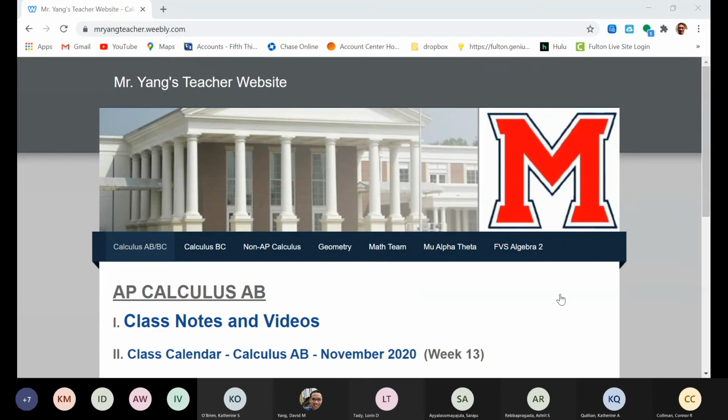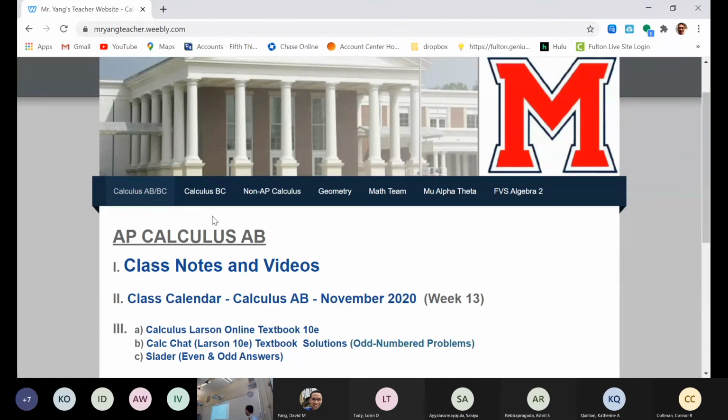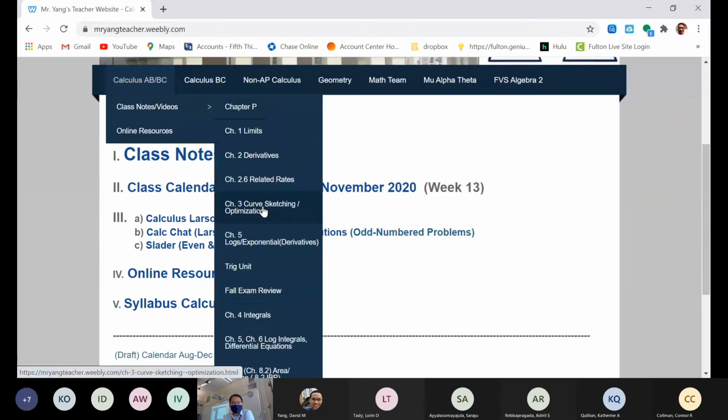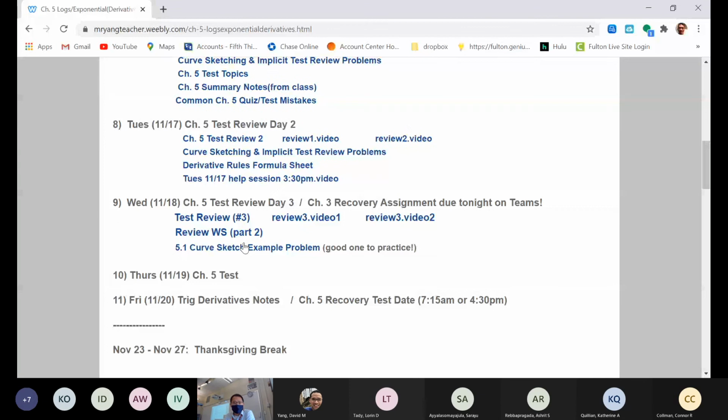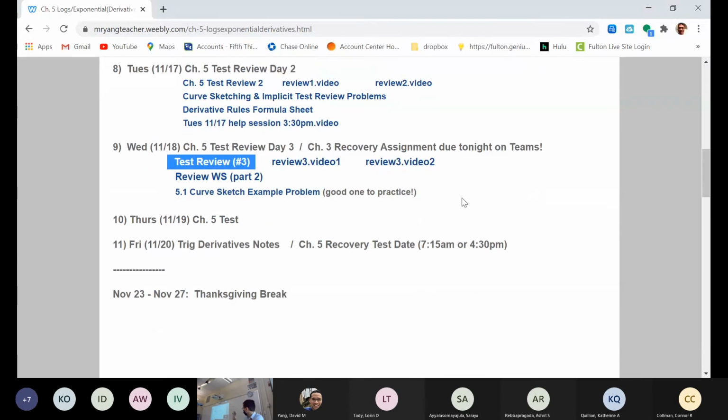Let's go over what we're going to do today. So off my website here, under today's link, we're going to go over test review 3, and a lot of this worksheet is going to be with the